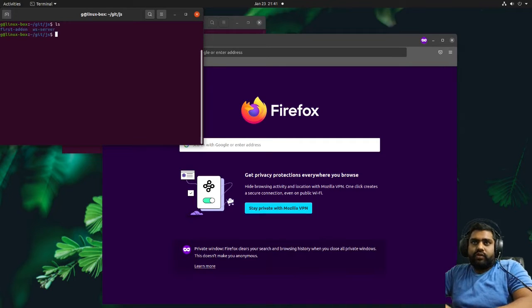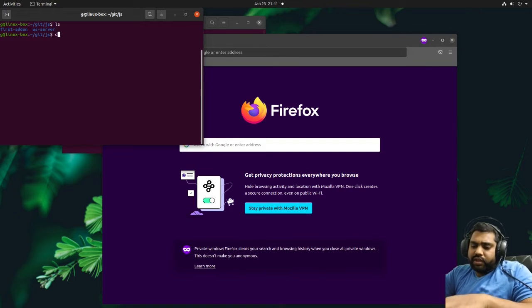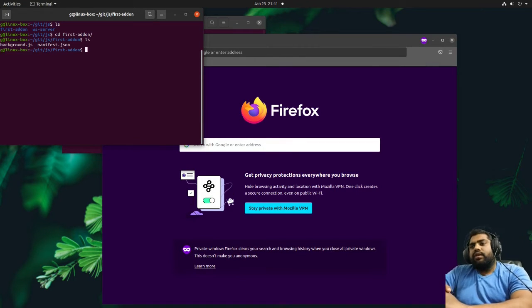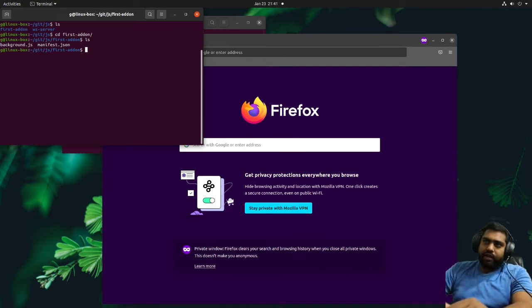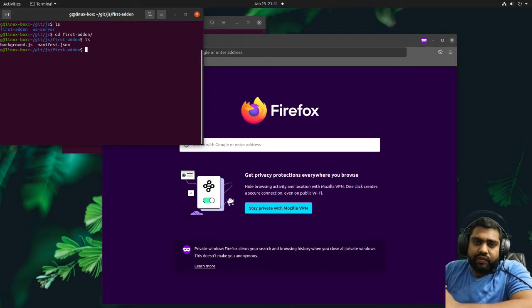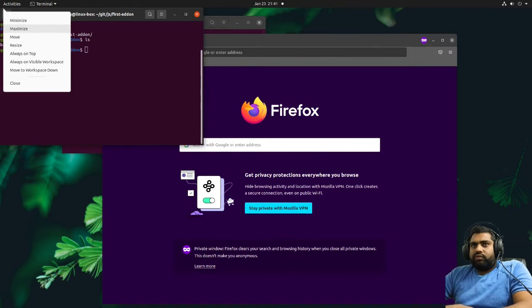two things. One was the Firefox add-on, where there is a JavaScript file and a manifest.json file. The JavaScript file will be executed by the Firefox browser itself, and the manifest.json file will be used to recognize that this is the add-on and this is the JavaScript file that we need to execute in the background. Now, just to recap,